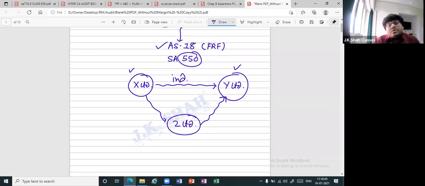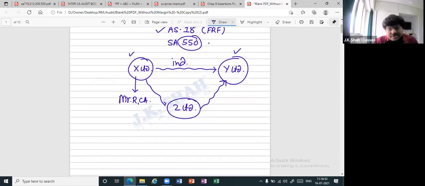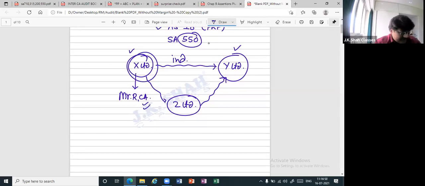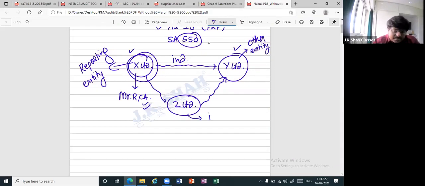Acha. Now supposing I am the auditor of X Limited, Mr. R. Say I am a chartered accountant. Am I qualified? You have not believed me throughout, but am I qualified? Okay. Then ultimately say I am the auditor of X Limited. Then X Limited is known as the reporting entity. It is just a fancy name, there is nothing great about it. What is a reporting entity? You have to give a report of this entity. So which is the reporting entity here? X Limited. Then what is Y? It becomes the other entity. Then what is Z? It becomes the intermediary.